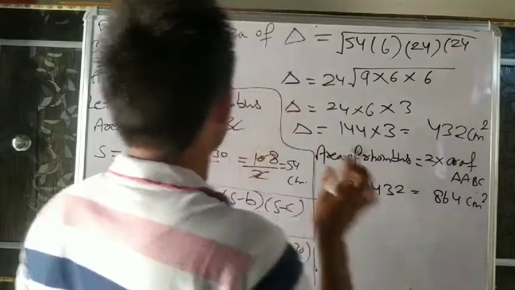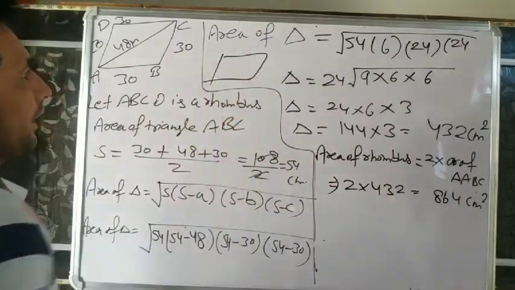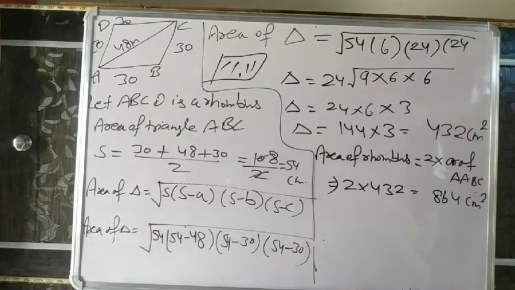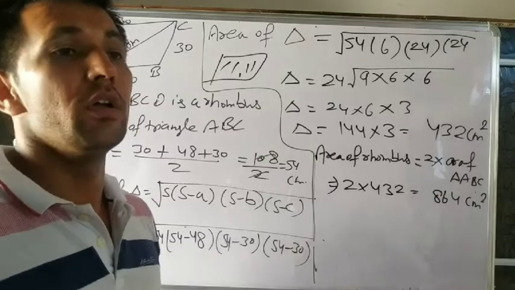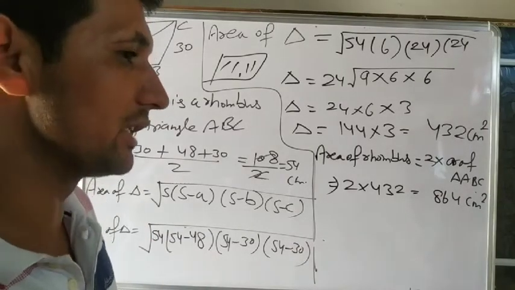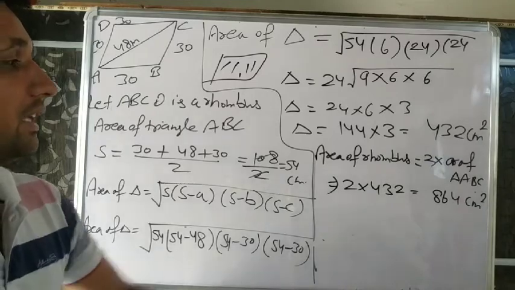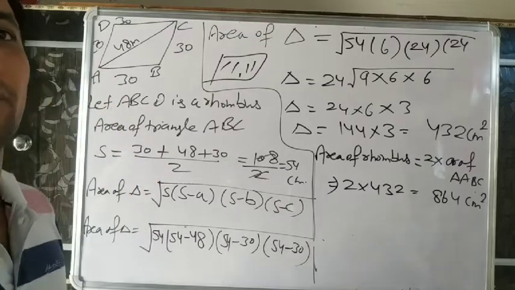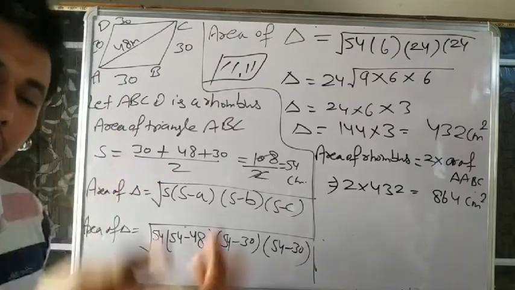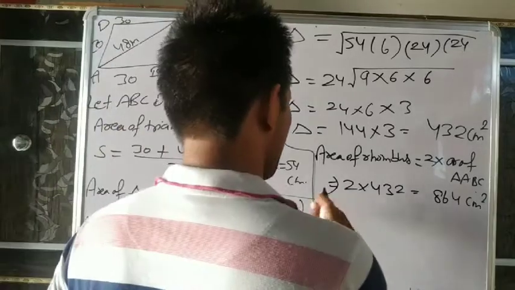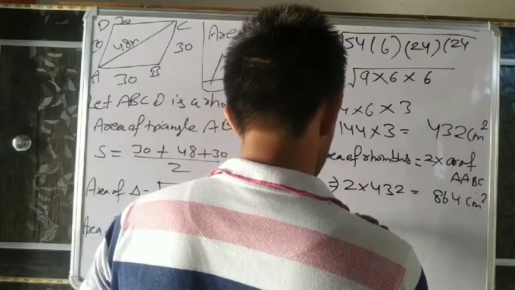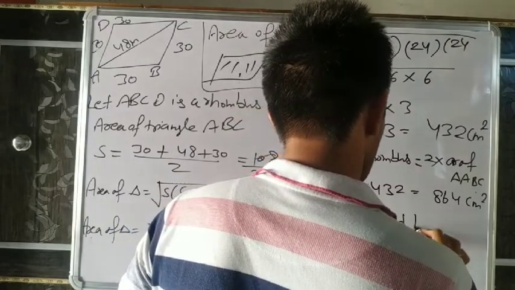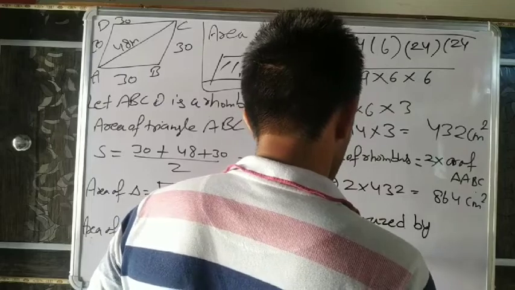Yes. But this field is a rhombus. In this field, how many cows are grazing? 18. But we want to find how much area is grazed by one cow, and this area is grazed by 18 cows. So how will we find it? We know, suppose the cost of 5 pens is 30, the cost of 1 pen is 30 divided by 5. Same as that, right? So the area grazed by one cow, how much?